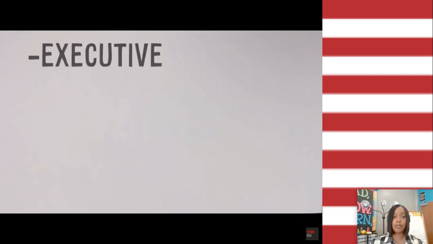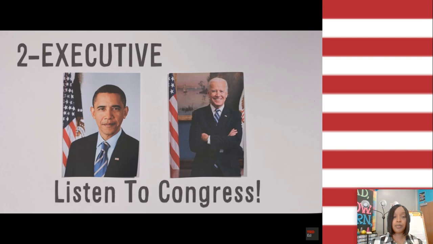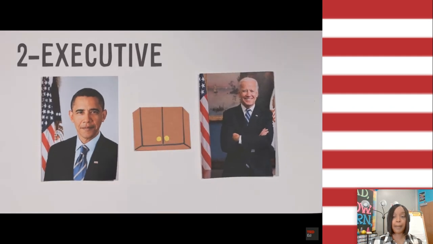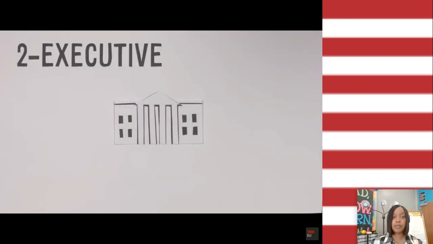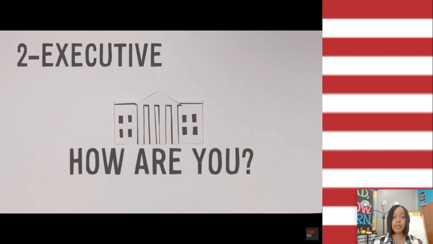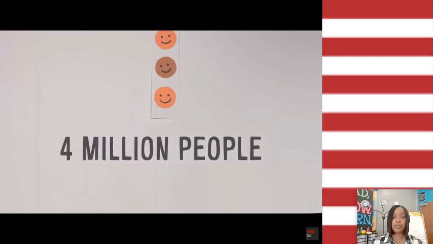The executive branch is described in Article 2 of the Constitution. The leaders of this branch of government are the president and vice president, who are responsible for enforcing the laws that Congress sets forth. The president works closely with a group of advisors known as the cabinet. These appointed helpers assist the president in making important decisions within their area of expertise, such as defense, the treasury, and homeland security. The executive branch also appoints government officials, commands the armed forces, and meets with leaders of other nations. All that combined is a lot of work for a lot of people. In fact, the executive branch employs over 4 million people to get everything done.